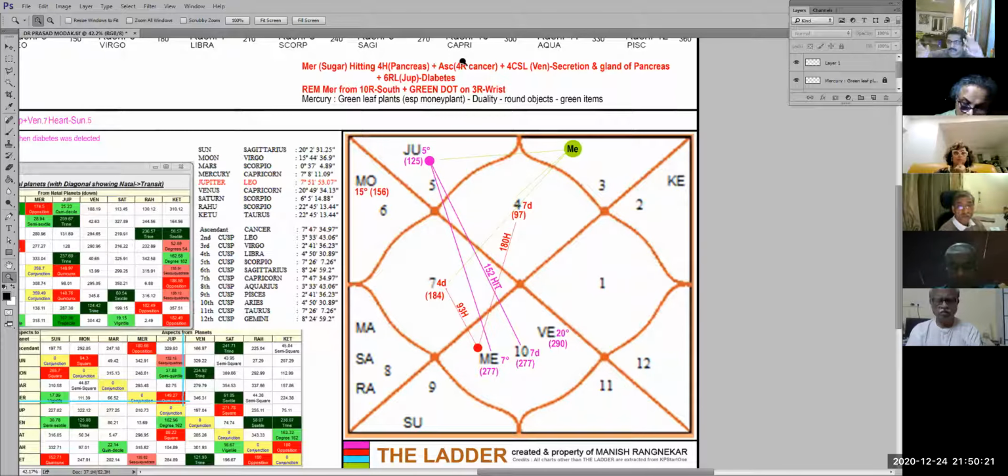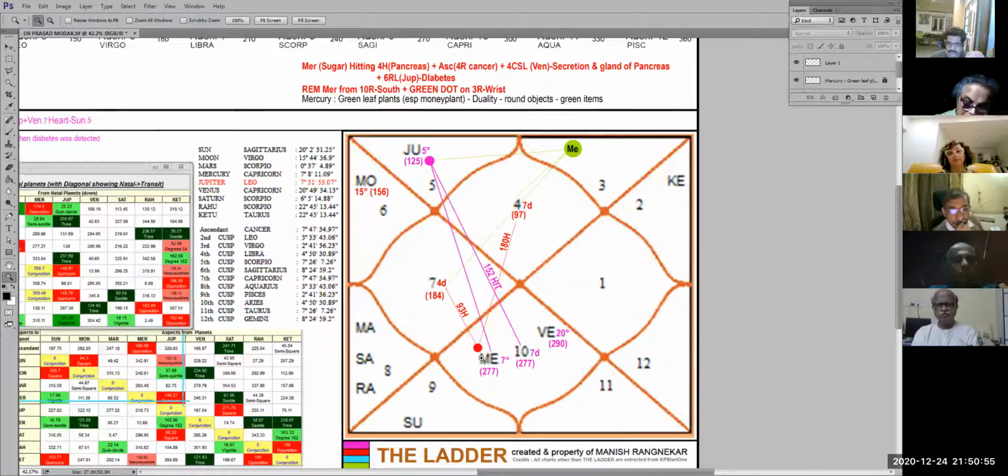Are you getting it? So to decide whether this or that, forget which sequence they are in or what compound degree they are at, whether Mercury is hitting the pancreas or the pancreas is hitting Mercury. Sujata, that was your problem. You were looking at the wrong tree. So this is where, once you get the Karak Tattva in place, then as you go through it, you will realize which is the culprit. If this is an organ and this is the sugar part, then sugar is hitting it and causing the problem. So basically Mercury is the culprit.